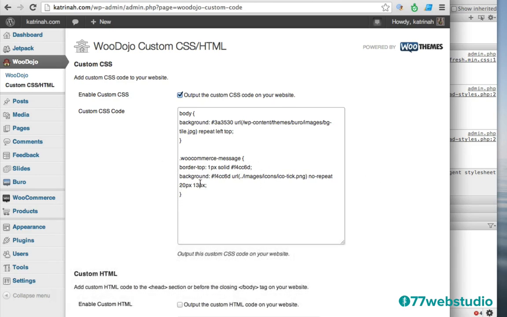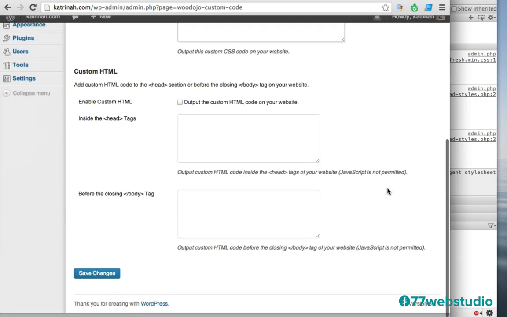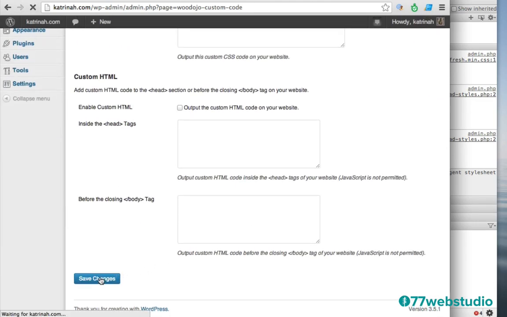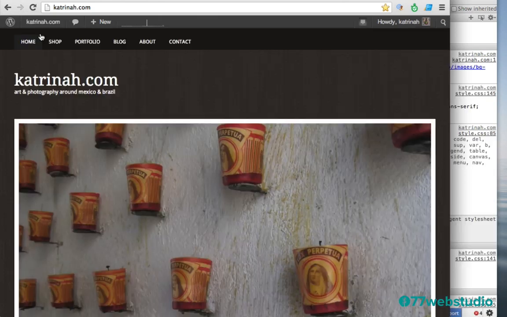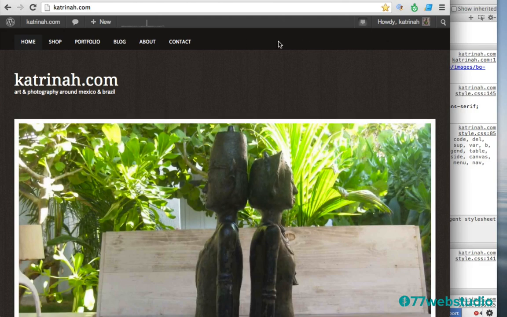So once I have the custom code here in the CSS code box, then you just want to come to the bottom and click on Save Changes to save the changes. Okay, the CSS settings have been updated. So going back to the site by clicking on Visit Site, and then going to the shop page. Actually, there's really no easy button here to view the cart, so we probably should add a View Cart menu item up here to make it easier, because there's really no place to find that.